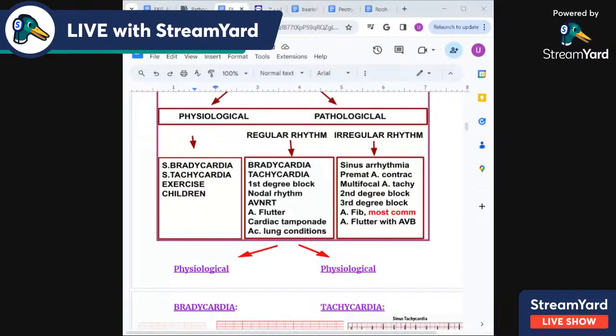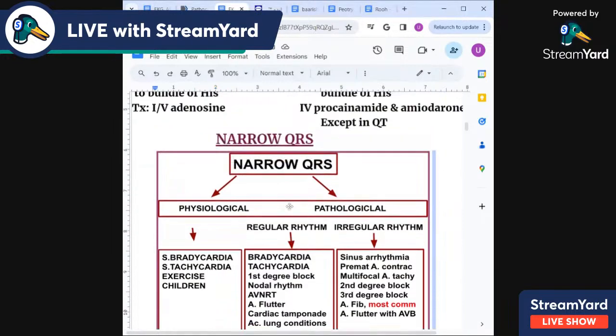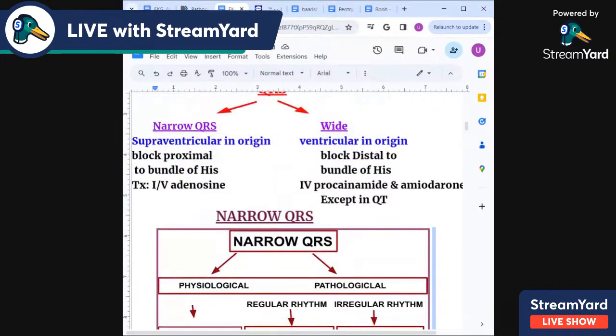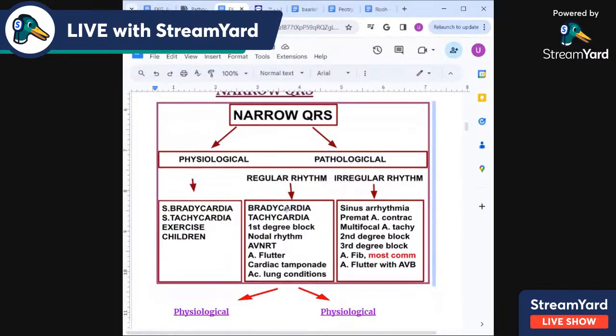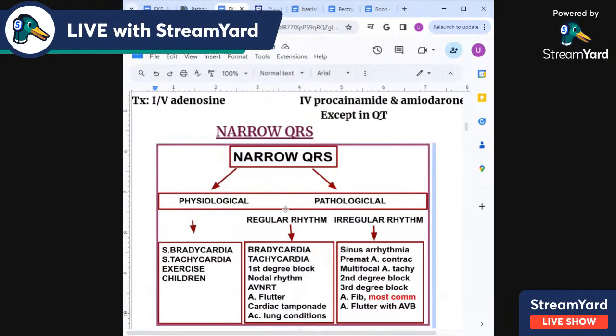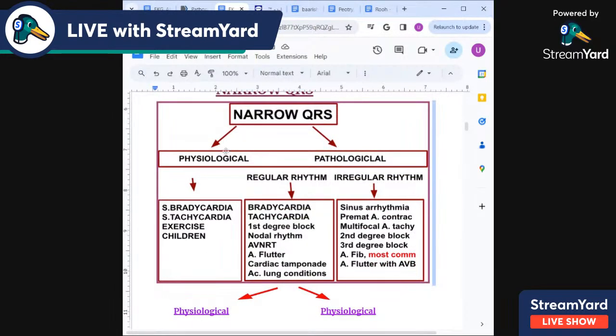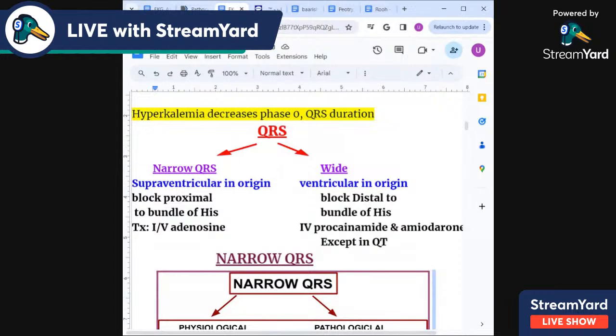So, hi everybody, and today we are going to discuss the QRS, the causes of narrow QRS, and their EKG features. The narrow QRS may be divided into two types: physiological and pathological. Before I tell you the causes of these narrow QRS, we'll differentiate between the narrow QRS